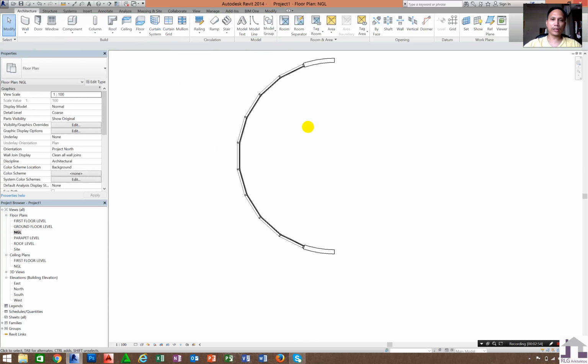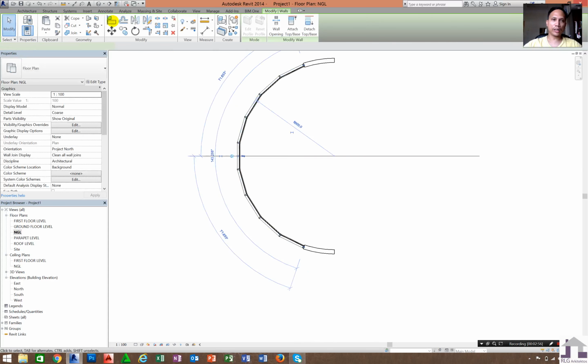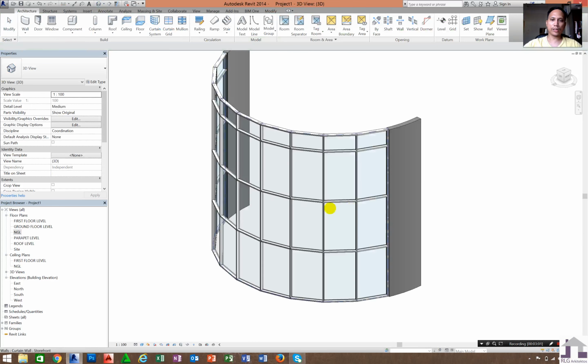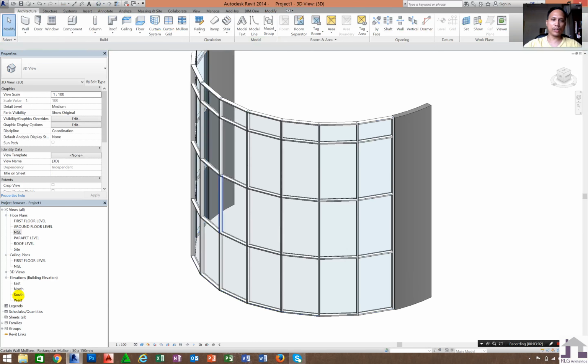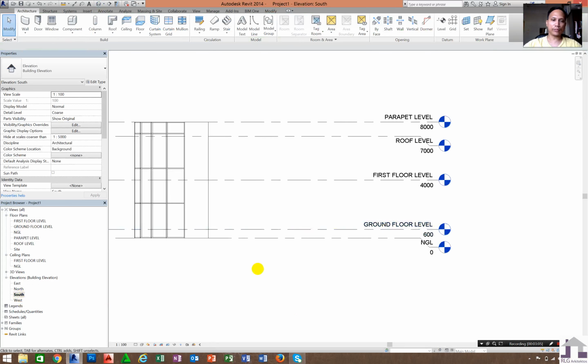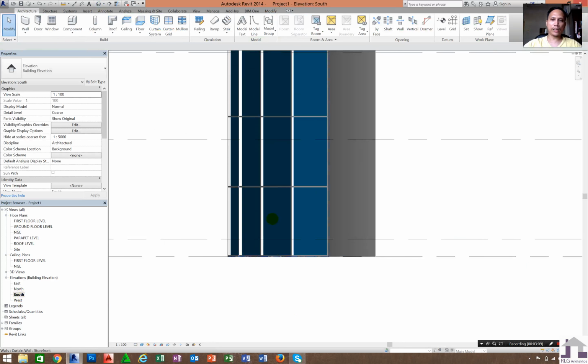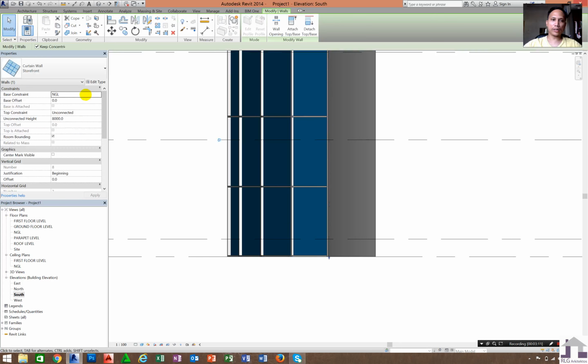Now you can see that there is already a storefront inserted on the existing wall. So even if I go to south elevation, I can change the base constraint into ground floor level.